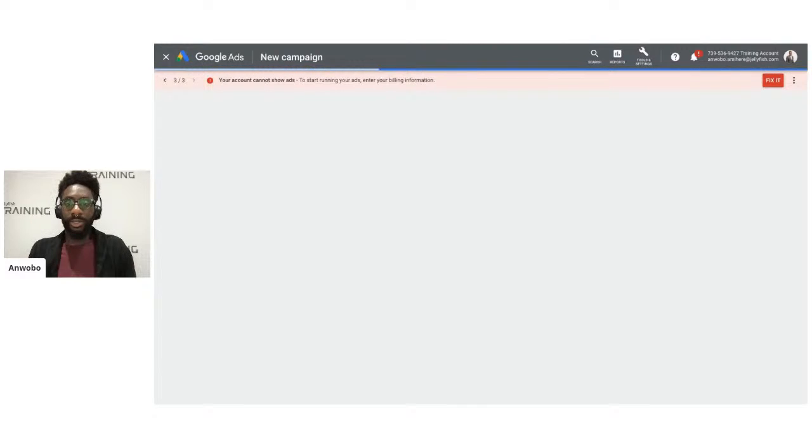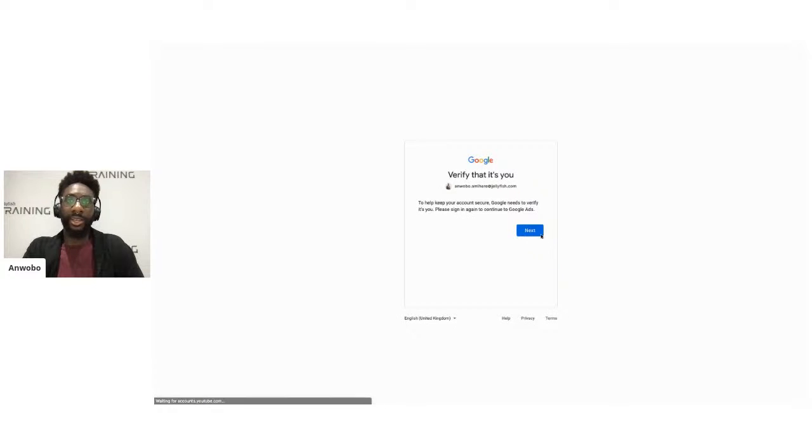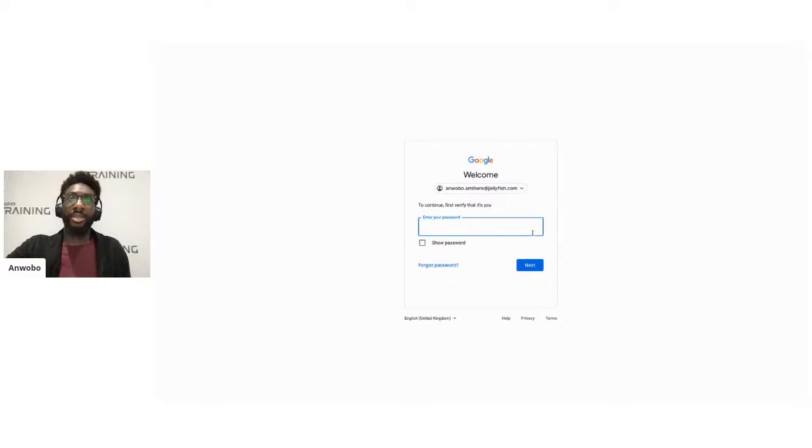So once this loads, what Google normally begins by asking us is to select an objective. Okay, this is awkward. I've just got to re-sign in again. Just give me 1 second here.